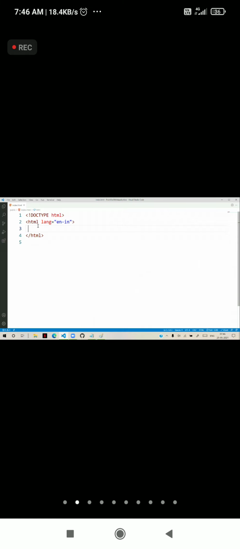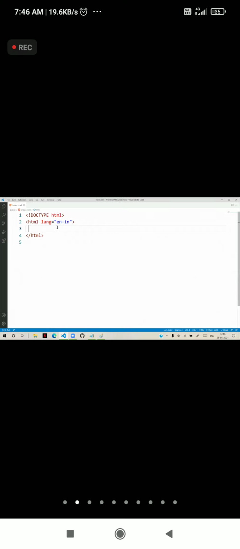So don't think that this is only for HTML. Language defined at HTML level means it is defined for the entire document. So if a document contains several languages, then you can keep it at the paragraph level also. That is the point, to make the browser understand which language you are using.